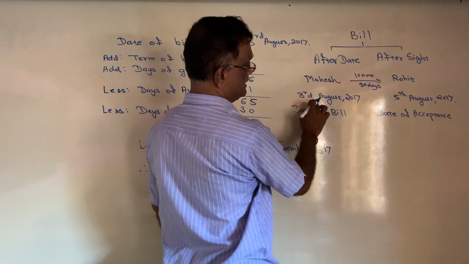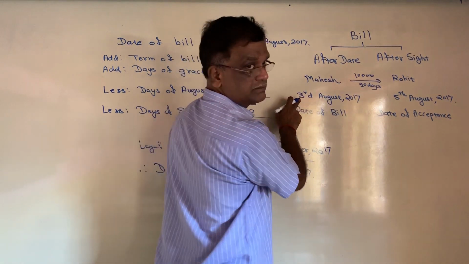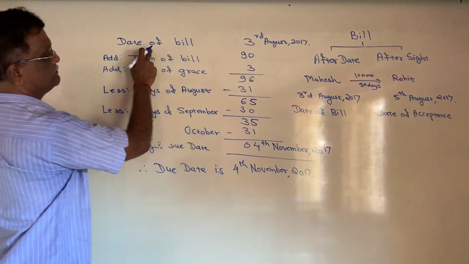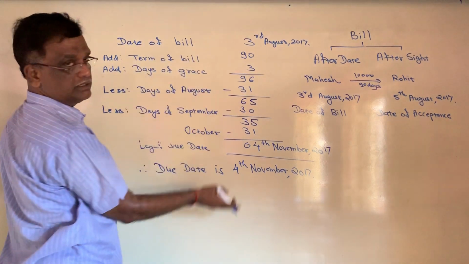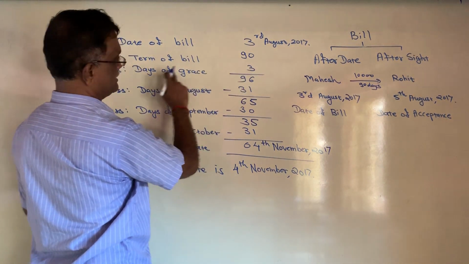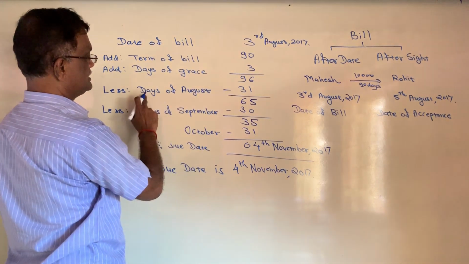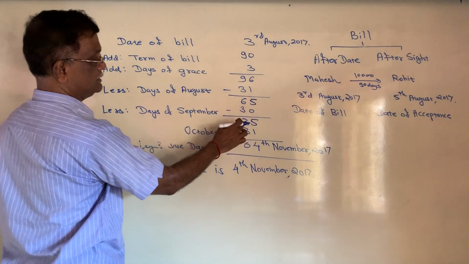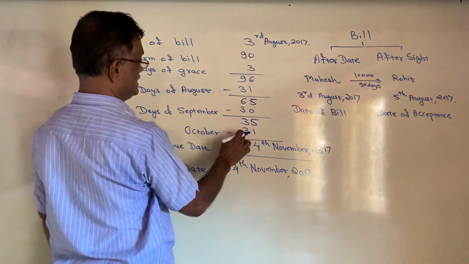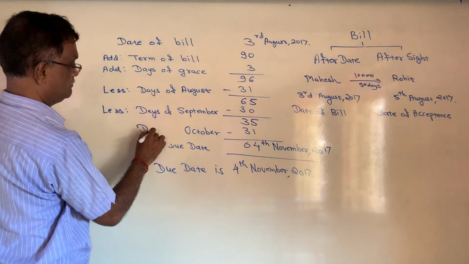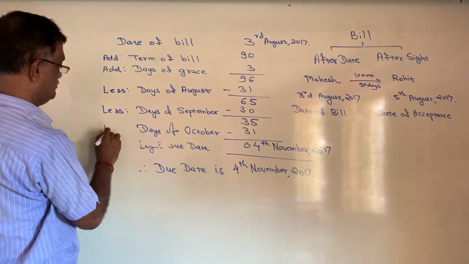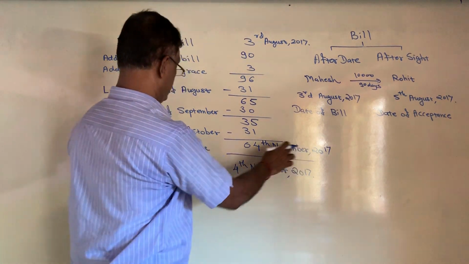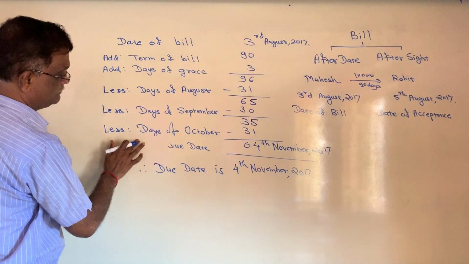If this bill is an after date bill then we will start counting from this date. So our answer will come as we did just now. 3rd August 2007 should be taken as the starting point and then start counting. So we added 90 days, added 3 days of grace, 93, from that we subtracted the days of August, 31, from that we subtracted the days of September, 30, and then from that we subtracted the days of October, 31. So what is left? 4. 4th of November is the legal due date. Okay,